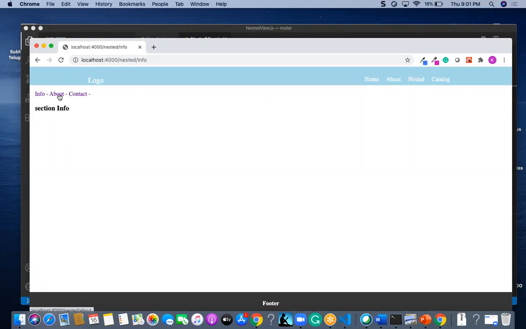Here I am going to have info, meaning that route will take me to the info, about will take me to the about, and contact will take me to the contacts. So this one view has different nested views. If I click on info, it is a separate view. About is a separate view, and contact is a separate view.